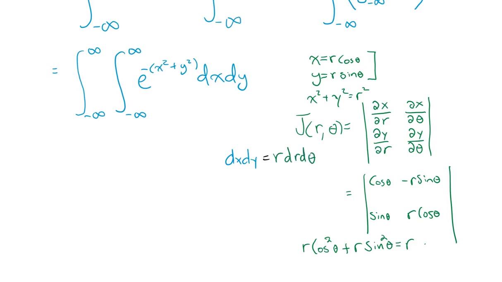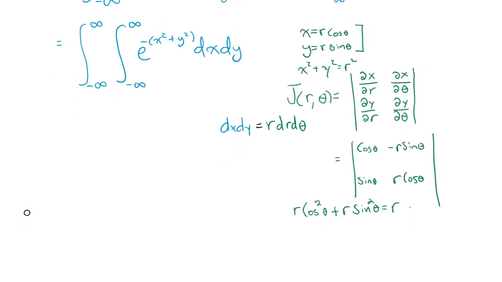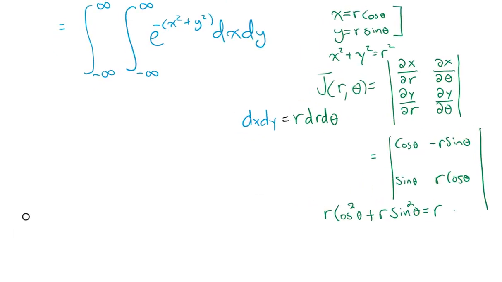So we've almost converted everything. We've converted the x squared plus y squared. We've converted the dx dy. Now we just need to convert the bounds of integration. Here we have a double integral in rectangular coordinates from negative infinity to infinity and negative infinity to infinity once again, which means that the domain in rectangular coordinates is all values of x comma y